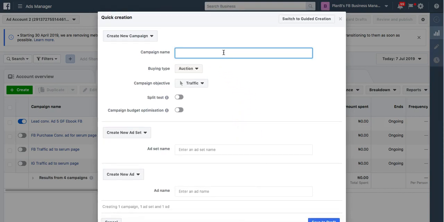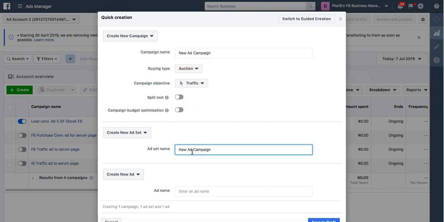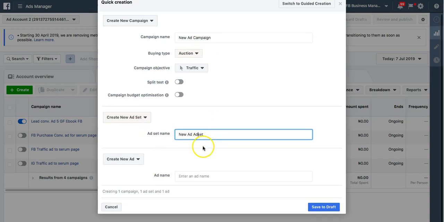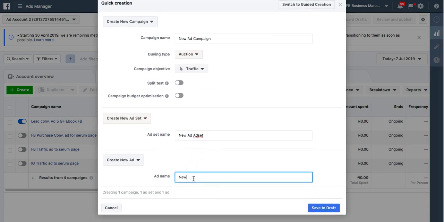So campaign name, I'm going to say new ad campaign. So this new ad means that it is a new advert and this is the campaign. So here I'll just copy this name. I'll call this one new ad. Instead of calling it campaign, I'll call it new ad set. I hope you are following. Ad set. So new ad campaign to indicate campaign. New ad set to indicate that this is the ad set for this campaign. Then new ad